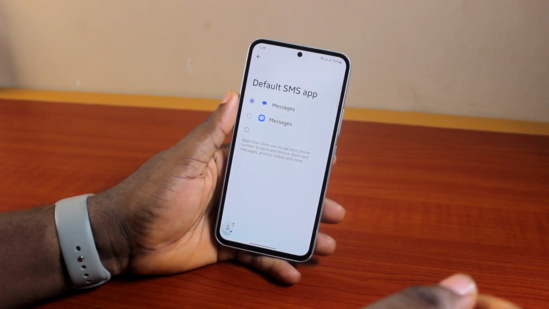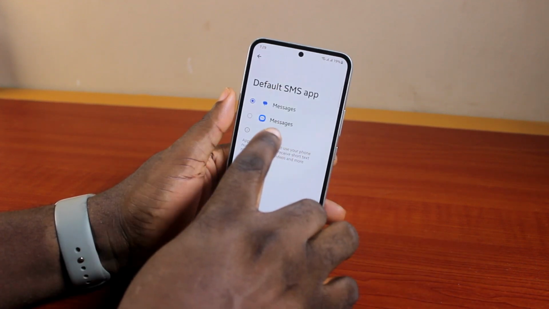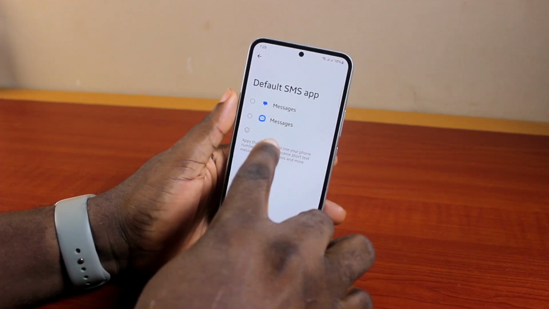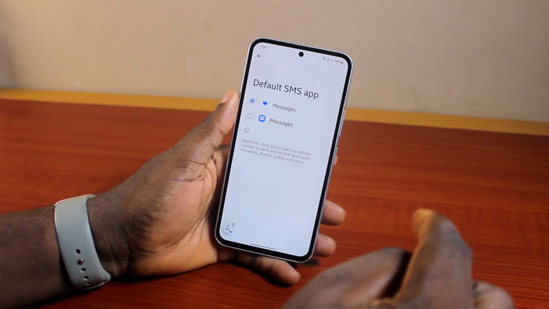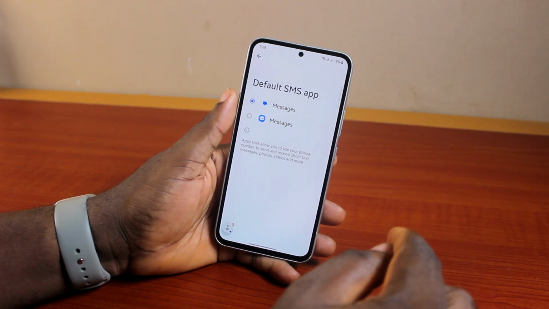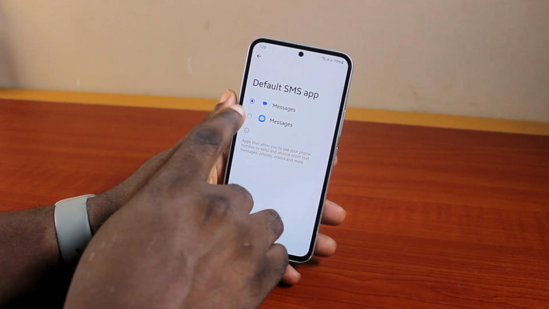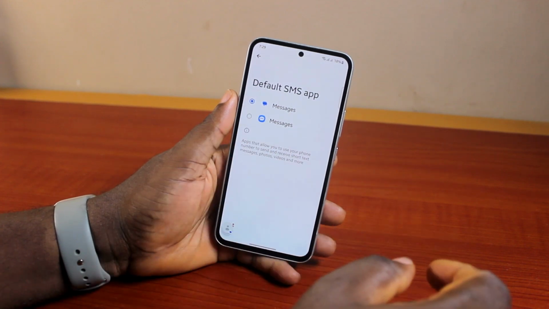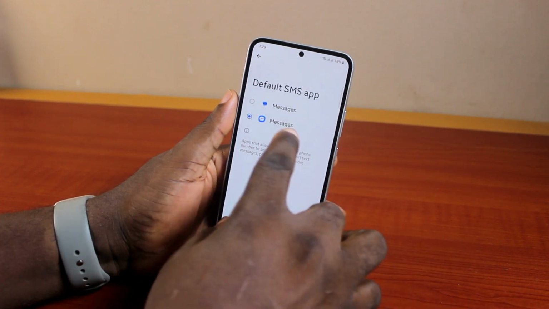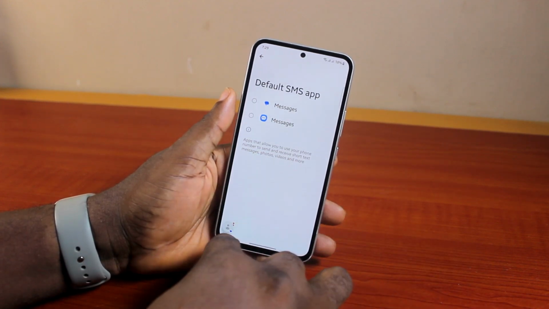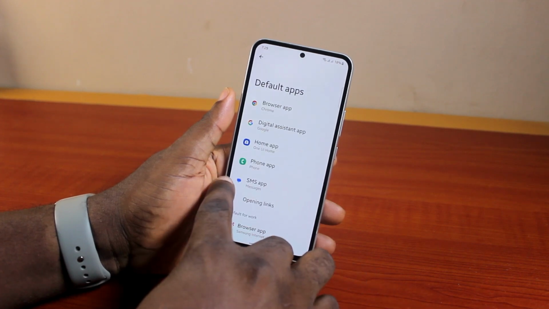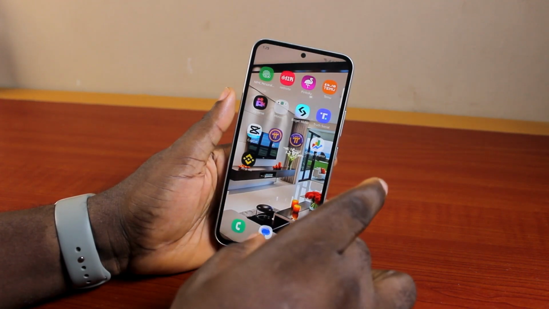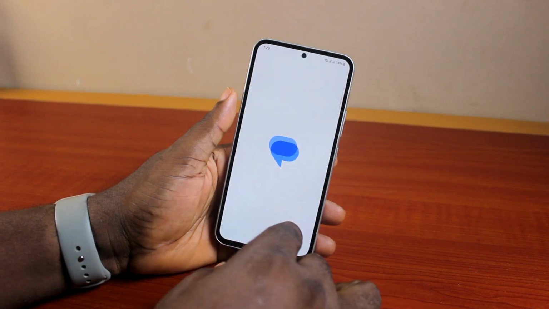Then here you have either the Samsung Messaging app or the Google Messaging app. Now, to set your default messaging app to Google Messaging app on your Samsung Galaxy phone, all you need to do is make sure you select the Google Messaging app. So if you have the Samsung Messaging app, select the Google Messaging app and then you are good. Then hit the back button. Now, when next you want to send a message on your Samsung phone, it's going to use the Google Messaging